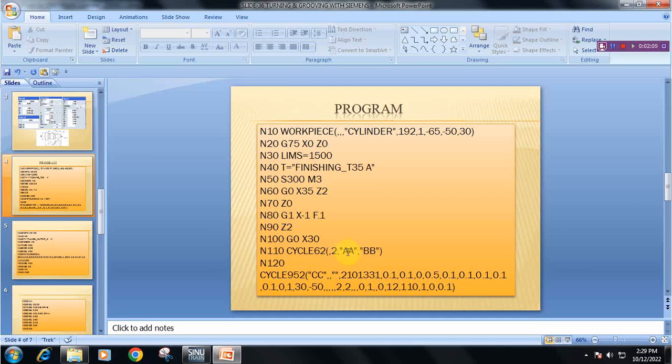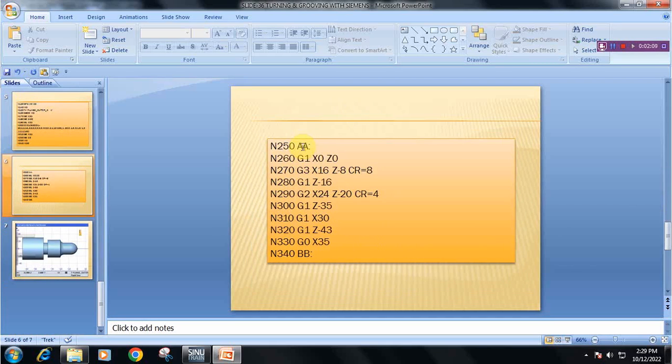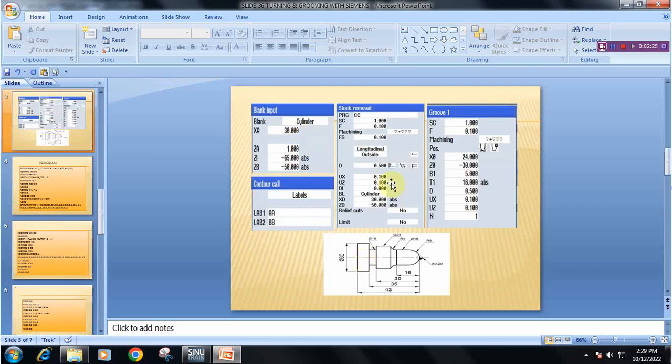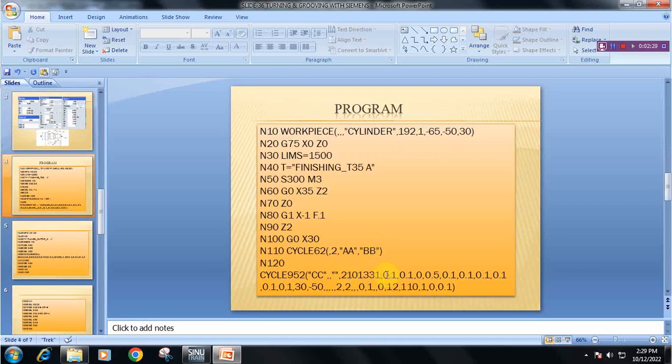In between this AA and BB, these profile values will come. So this is AA and BB. In between, the profile values are there. After calling the label, we have to set the stock removal parameters. So these are all the parameters. Simply we are entering the values, and then